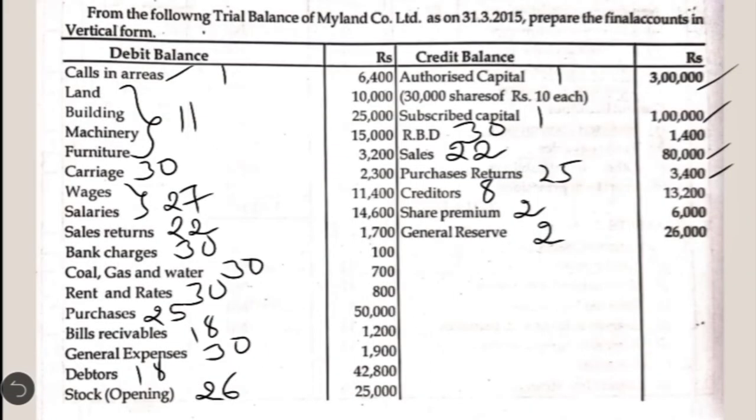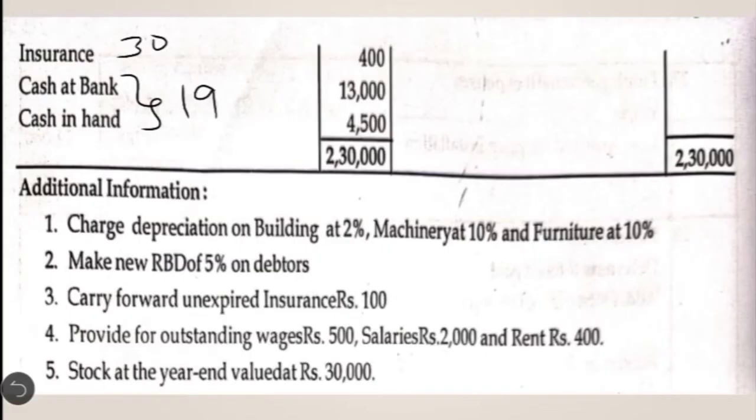So here they have given the book values of land, building, machinery, and furniture, but we are going to charge the depreciation only on building, machinery, and furniture. Now, where are we going to show this depreciation? Once it has to be shown in note number 29, that is depreciation and amortization expenses. One more time in note number 11, that is from the book value of building, machinery, and furniture, we are going to deduct this depreciation amount.